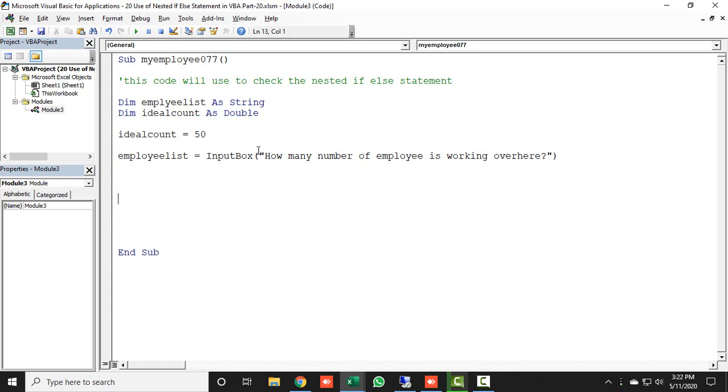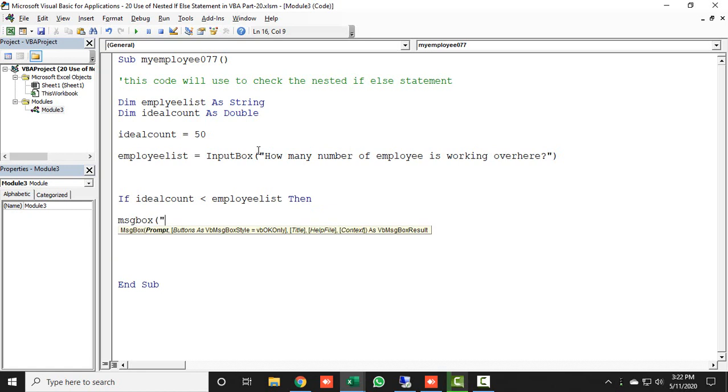So for this I will create the condition. The first condition, I'm saying if ideal count is less than employee list, that is the first condition. If ideal count is less than employee list, then what will happen? Generate a message box and tell him that's too less.